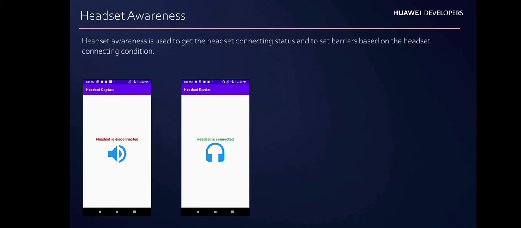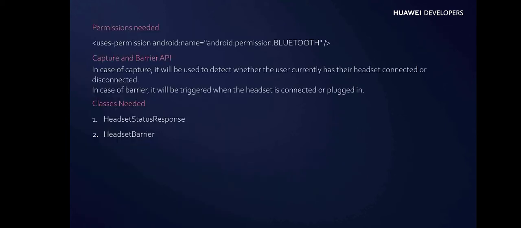Let's see the headset awareness. Headset awareness is used to get the headset connecting status and to set the barriers based on the headset connecting condition. To use this functionality, first you need to enable the Bluetooth permission.